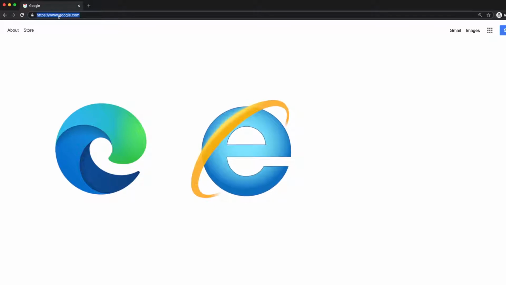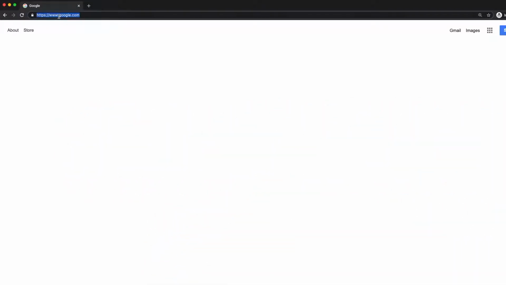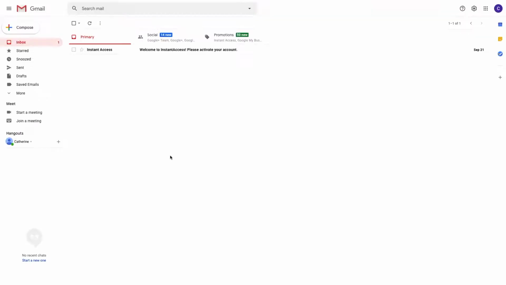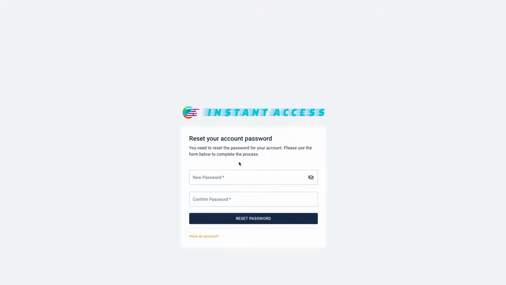Open up a new window or tab in your preferred or practice-approved web browser. Your practice might use Microsoft Edge, Internet Explorer, or Google Chrome. Now, is it your first time logging in? If so, check your practice email for a welcome message from Instant Access. Follow the instructions in the email to activate your account and create a password. If you don't see a welcome email, you'll need to ask your practice manager to create an Instant Access account